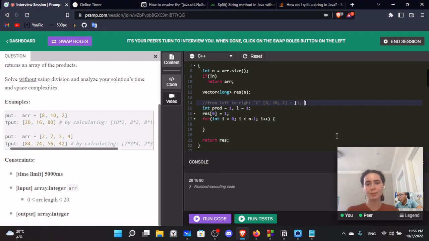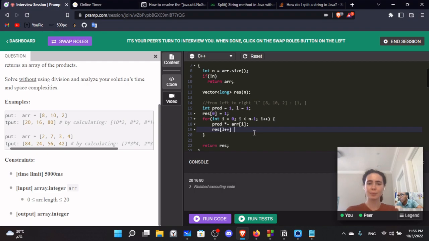So here we have 1, and then product will be multiplied by the current element, which is r of i. So now product is equal to 8,